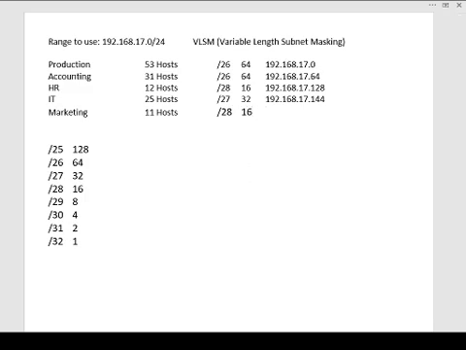Right, so this one would begin at 192.168.17, and we added 32 to the earlier one, which is going to be 176. Now, obviously, that's going to take you up to where the last one would be